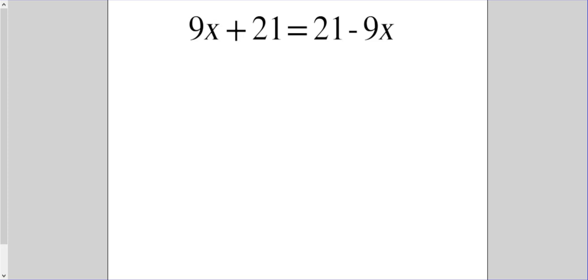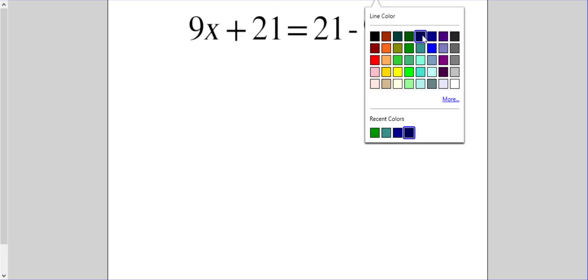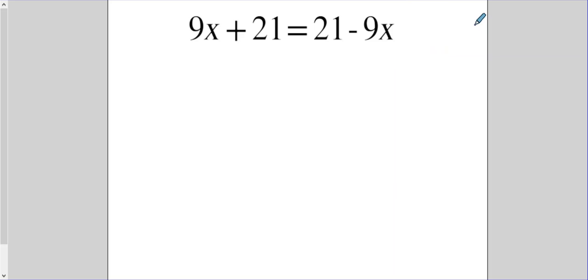All right, so here I'm just going to walk through some equations with variables on both sides of the equal sign. And I'm going to specifically focus on special cases. So when I say special cases here, I really mean equations that give us no solution or